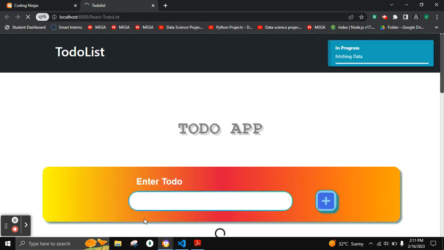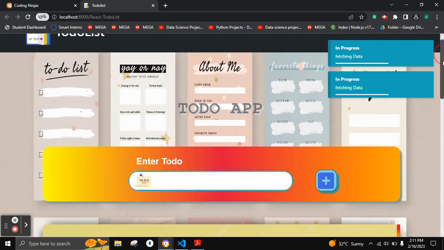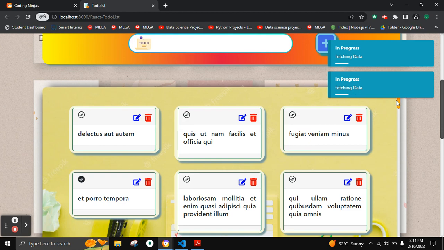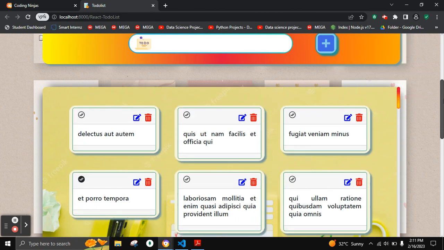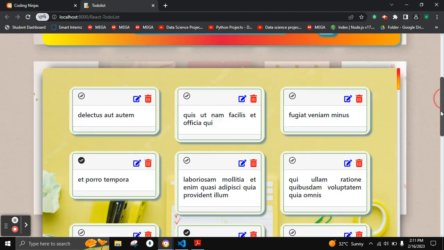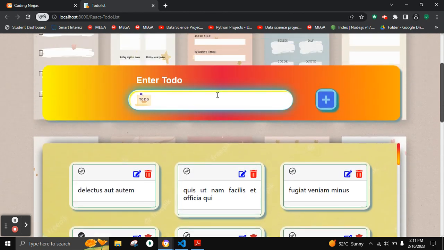So this is the output section. Here we are first of all fetching the data from the API. These are the various data already present in the API. Then in order to add a particular task, we will write here as,